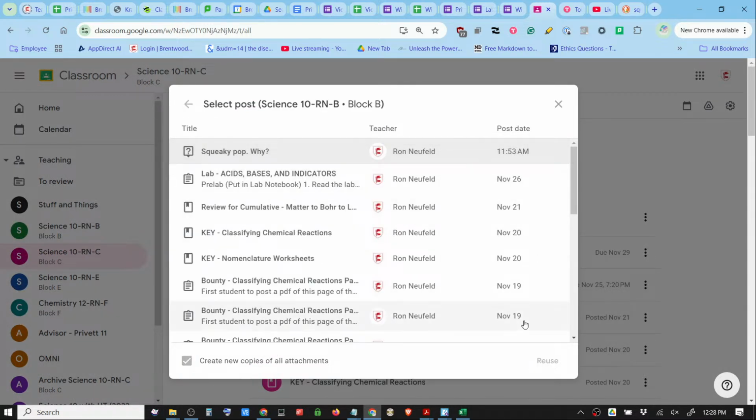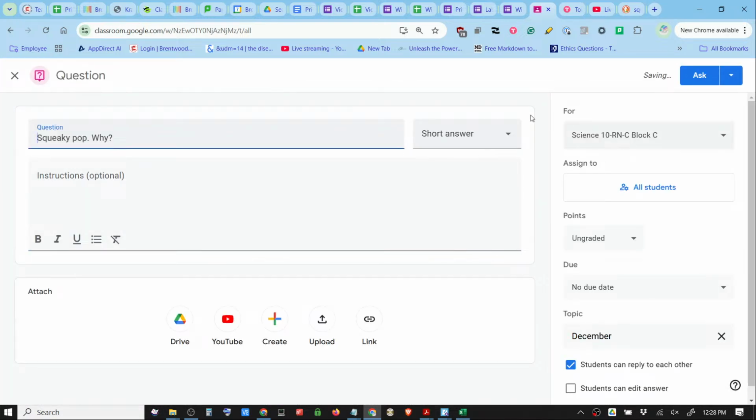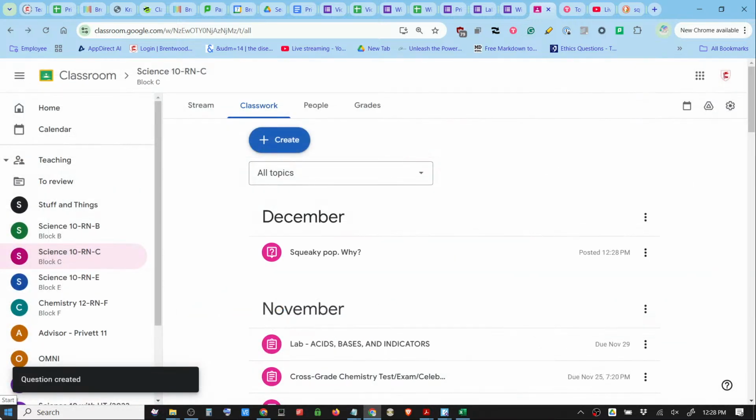You don't have to write it necessarily on a Google Doc. I have made a question on the Google Classroom. You can reply to each other if you want to work together in some particular way. I would like your explanation using all of your chemistry knowledge. Why did it happen that way? Why is there a bang? Why is there a squeak? Why did it take so long? What was going on?